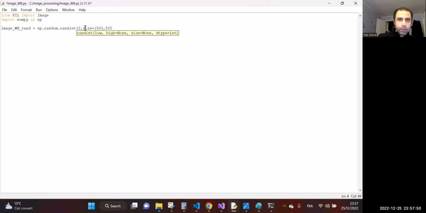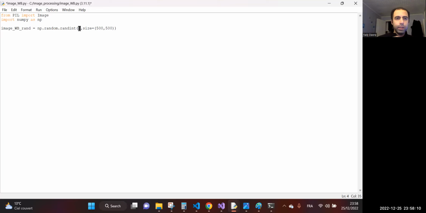Okay, this is the size of our matrix, and as we see here, 2 is just the maximum element,